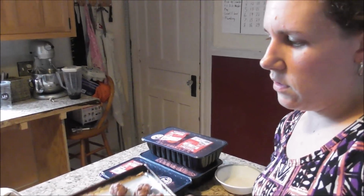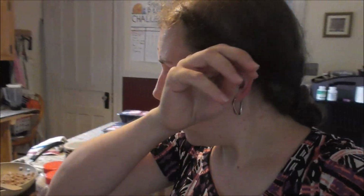Got one tray of meatballs done. Charity, I'm going to hand that to you, please. Thank you. There's one. And then we have most of a second tray. I don't think all of these will end up going up camping. I think I'll keep enough home. So when we come home, for like the first day or two, we'll have meals situated, which will be a big deal because if you watched our vlog about the book haul, we're anticipating the possibility of purchasing out that school, which means a lot of busyness, a lot of stuff coming in the house. It's going to be pure chaos. And having meals taken care of, that can